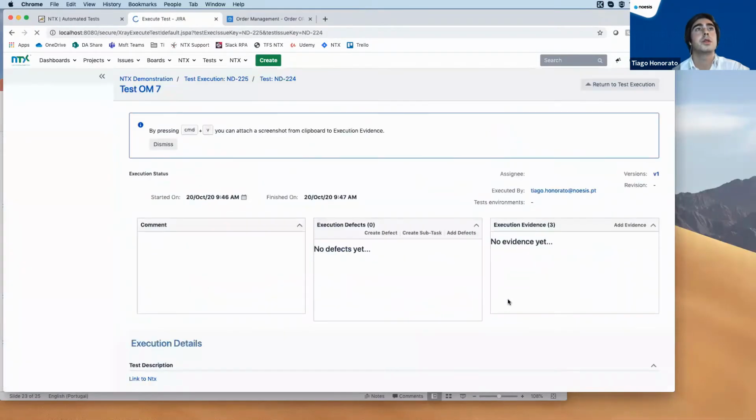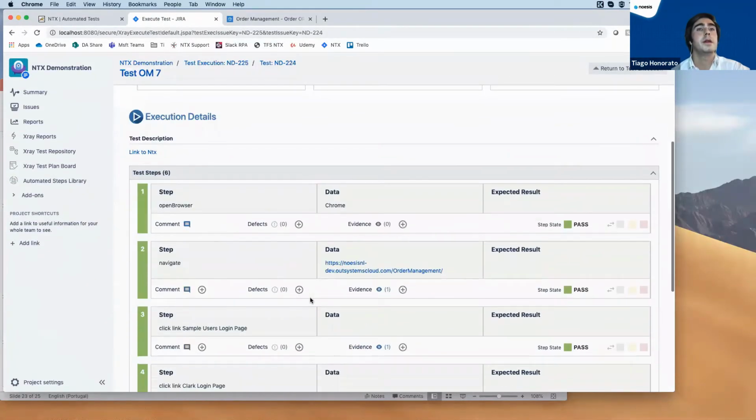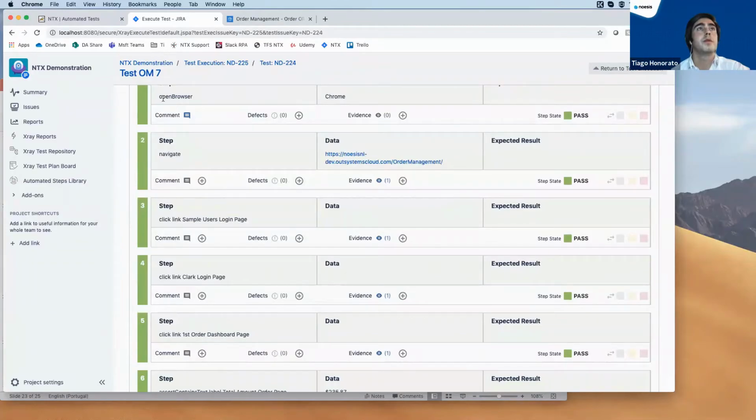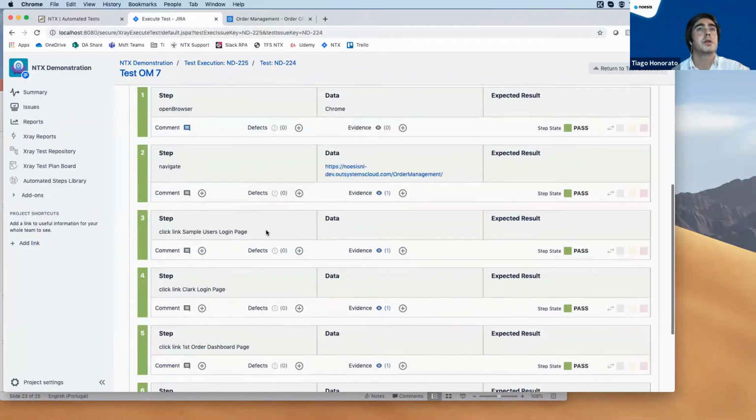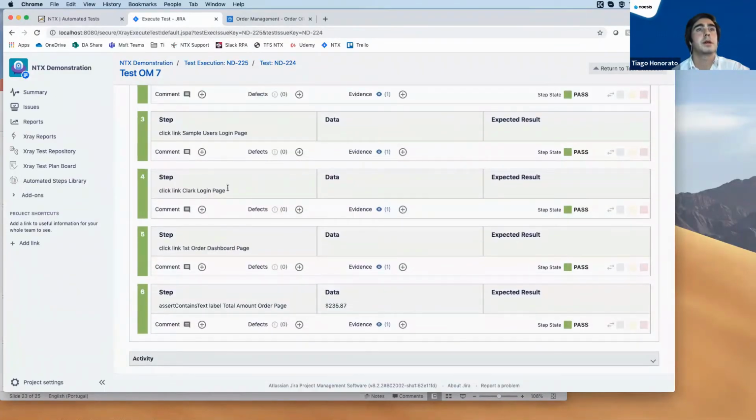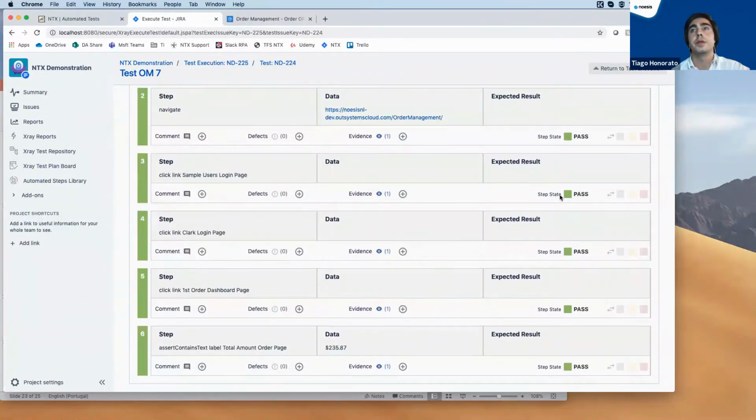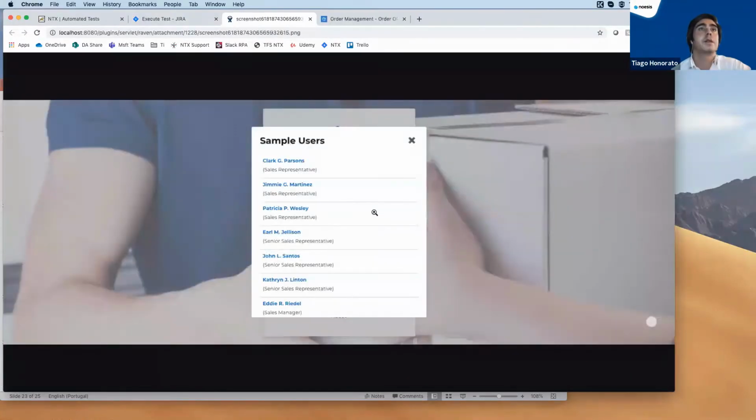Let's go to the execution details. Okay, and here, as you see, you have all the specification that you created in NTX automatically in here. You have here the status of the step, if it passed or not, the evidence, okay, and here the evidence is stored automatically in your test management tool.